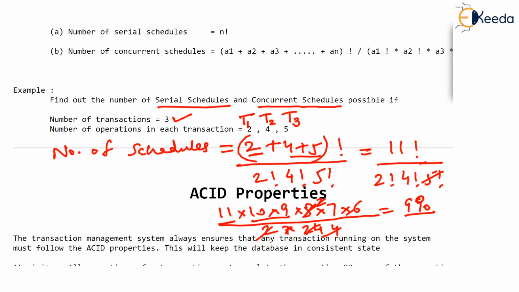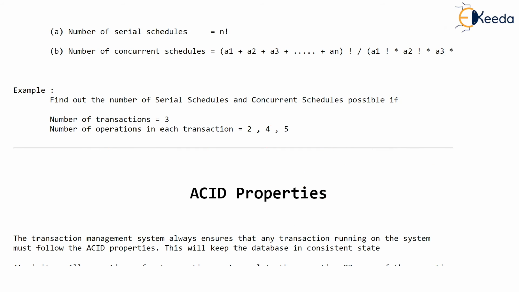These are the number of schedules possible, but that's not the question. They are asking how many serial schedules and how many concurrent schedules are possible. Now this formula has given us the total number of schedules. What is the number of serial schedules? I hope you have watched the previous video. It is so easy. If there are 3 transactions, T1, T2 and T3, then you can easily arrange these transactions as, let T1 run first completely, then T2 runs, and then T3 runs. Now you see, T1 runs completely, when it finishes, then T2 starts and ends, then T3. Or you can say T1, then T3, then T2, and so on.